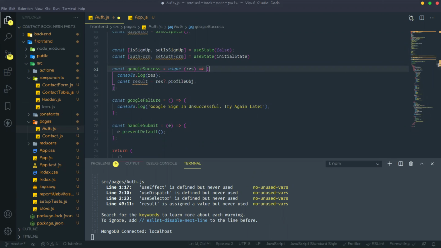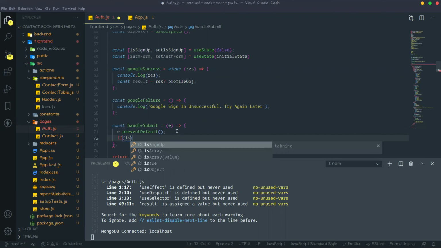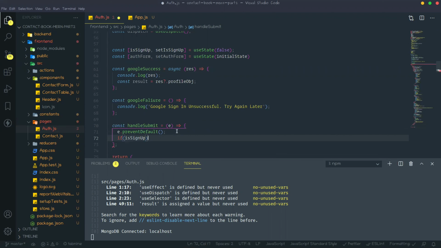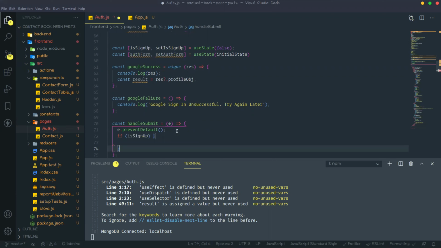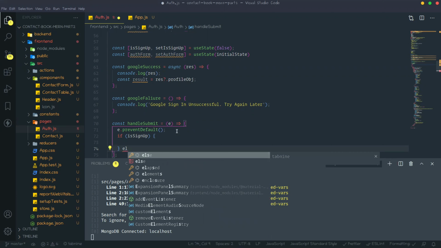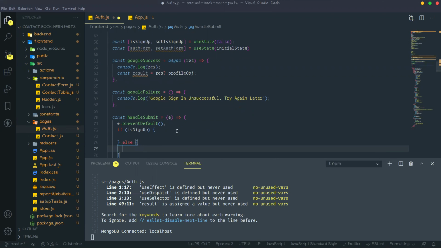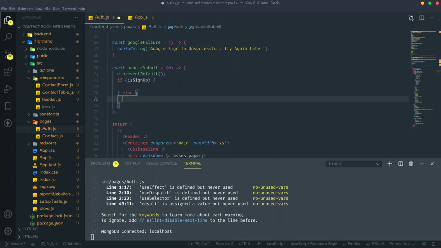Now when onSubmit will happen, at that time we need to check whether it is the sign up form or login form. So first check if it is sign up, then we are doing something for sign up. If not, then we are doing something for sign in, right? So if else. If it is the sign up form, then we need to check that all the data is present or not.